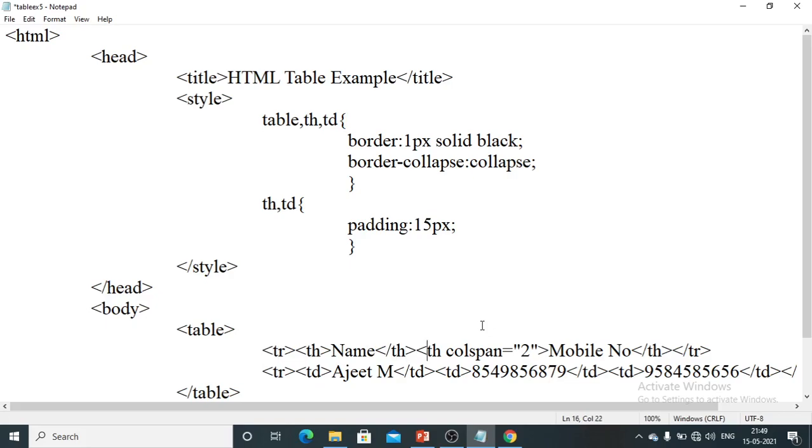So here what I will do, once the name is done, I will just remove this particular thing. I will add up here td value for the name.